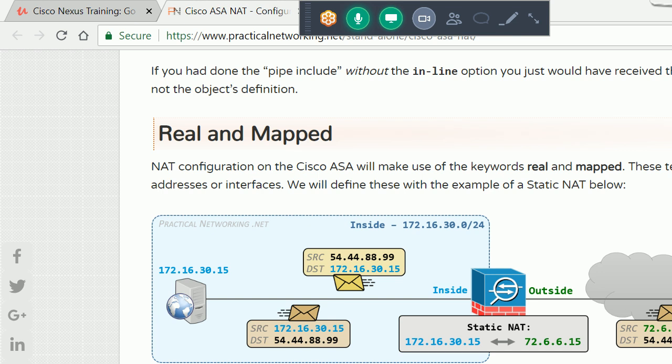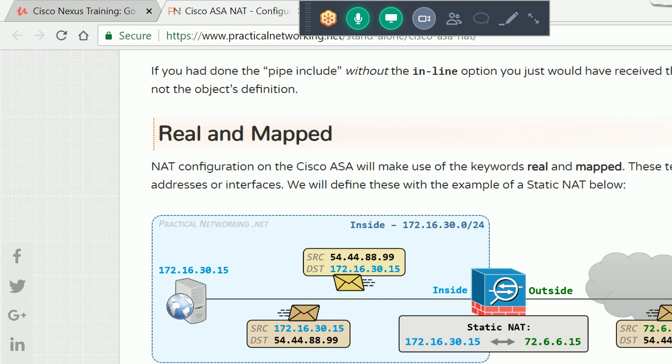So source is 54.49.89.99 and the destination is 72.6.6.15. That is the IP address where we host this server. Like in our diagram, I hosted this 10.2.2.100 on the IP address 192.168.1.150. Okay.